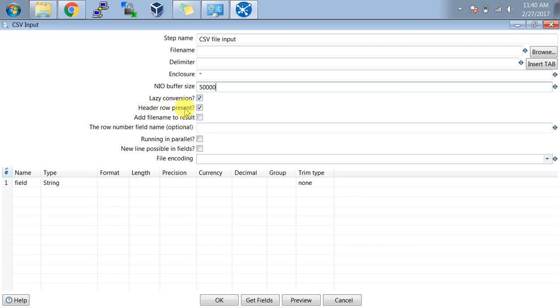If your CSV file contains a header row, then you need to check this, else you need not check header row present.